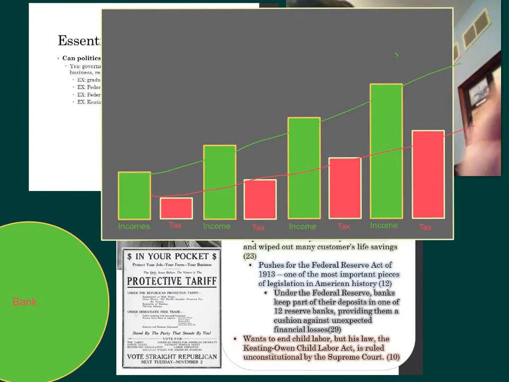So if you were to draw a line over from this person here who makes the most on the right, you drew a line over for his taxes, he pays more in taxes than some people even make in income, like over here on the right. That's designed as a way to keep the system fair.